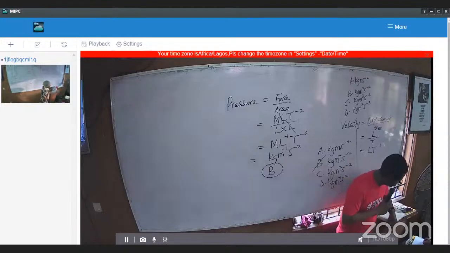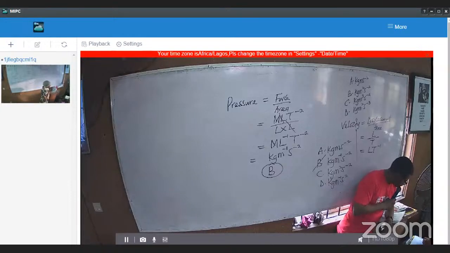Question number what now? 3 more and we're through. Which of the following instruments